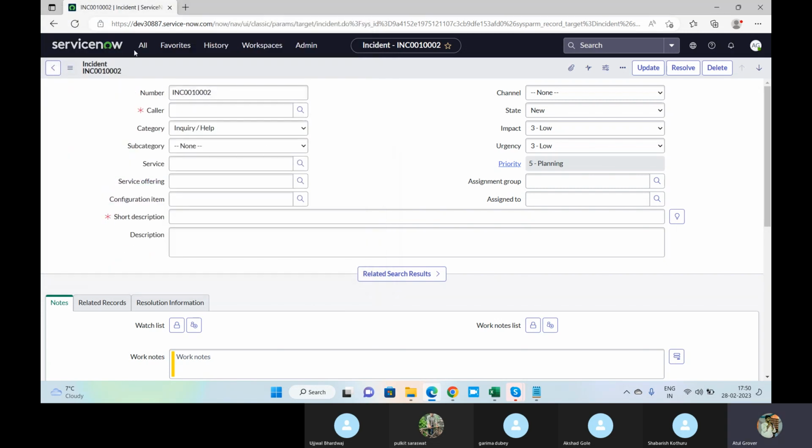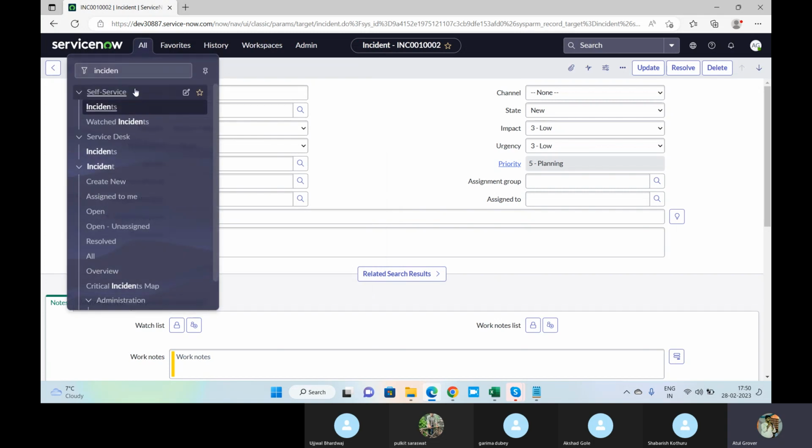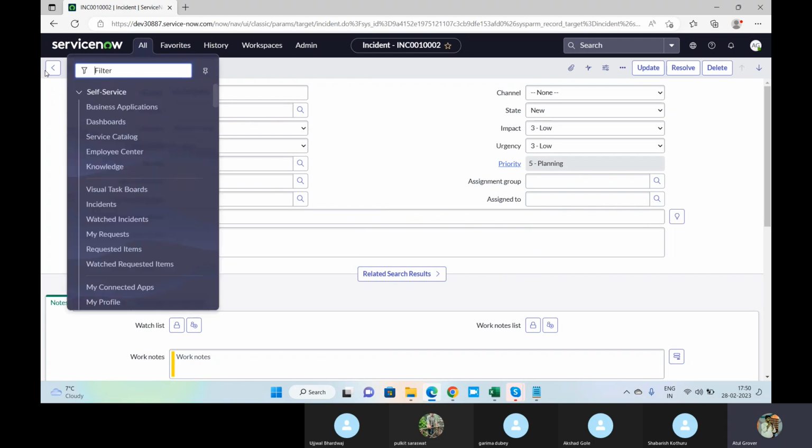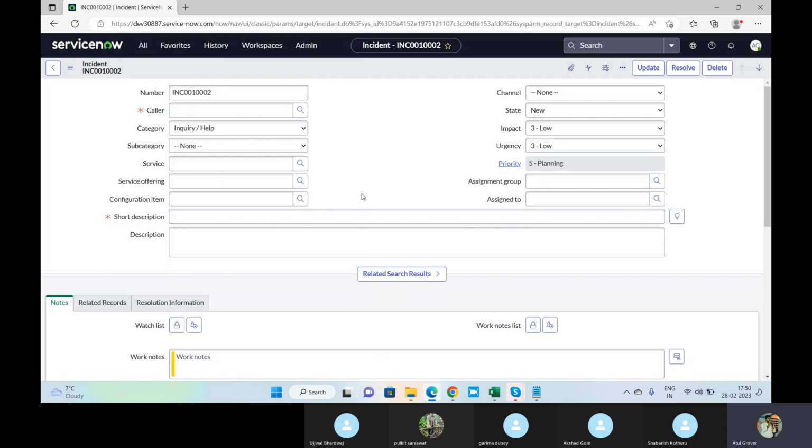Let me see, staging table. No, not staging table. What table do we call it? Yeah, I forgot. Let me remember this term. It's a staging table, or some tables are there where you can go and check this thing.